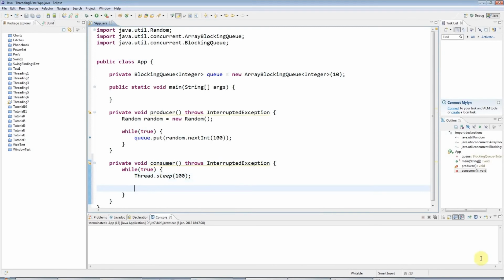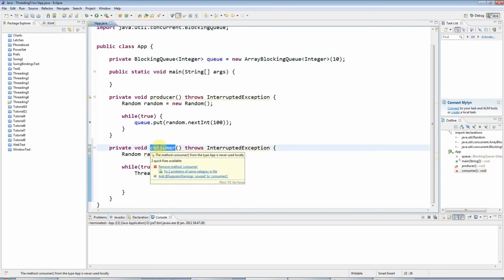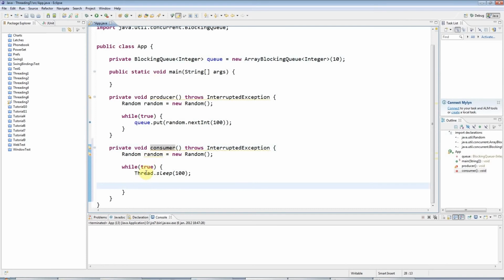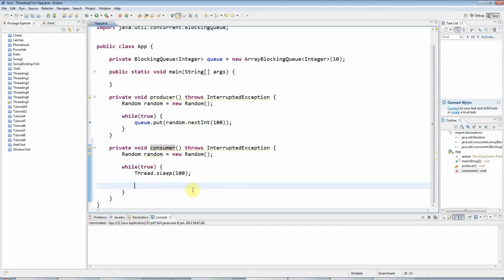I'm also going to use random here, and what I'm going to do with random is randomly take things off this queue, because in the real world this would be something that takes things off the queue and takes time to process each item. So it will be taking items only as fast as it's able to, and I'm going to simulate that here by randomly choosing whether to take an item or not each time the loop goes around. So let's say, for example,